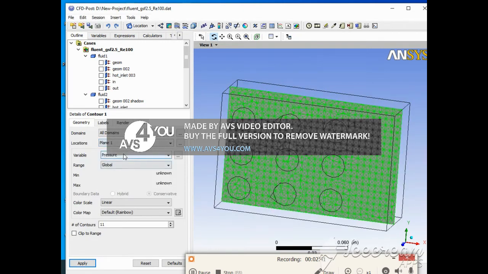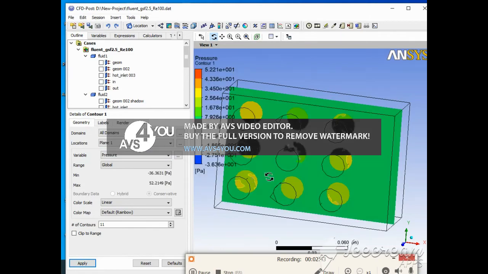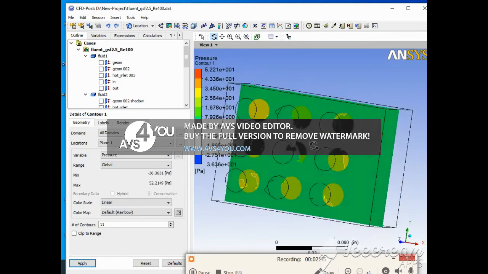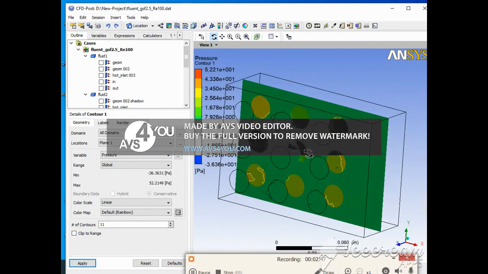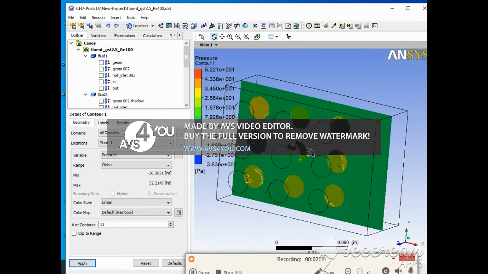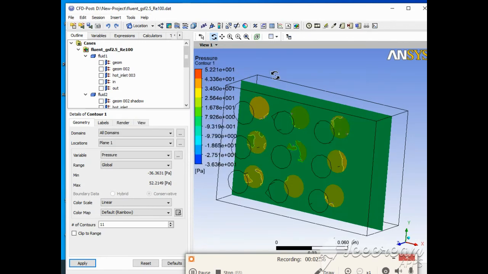at plane pressure. So you can see the pressure drop. Pressure drop is nothing but the difference between the lower and higher value of pressure.